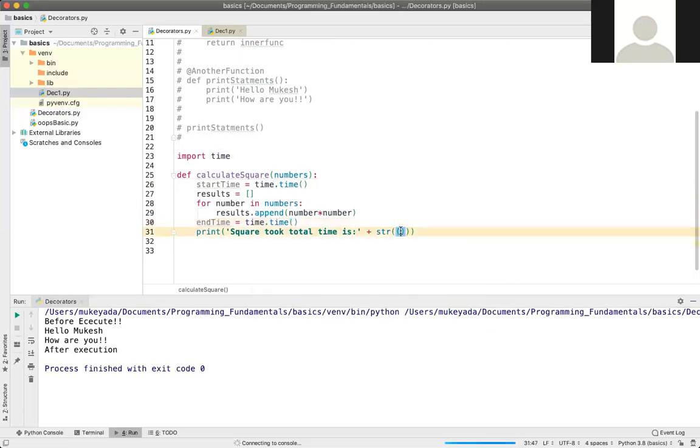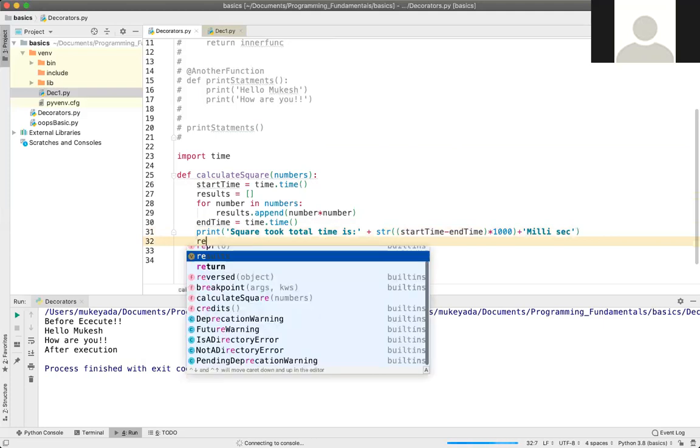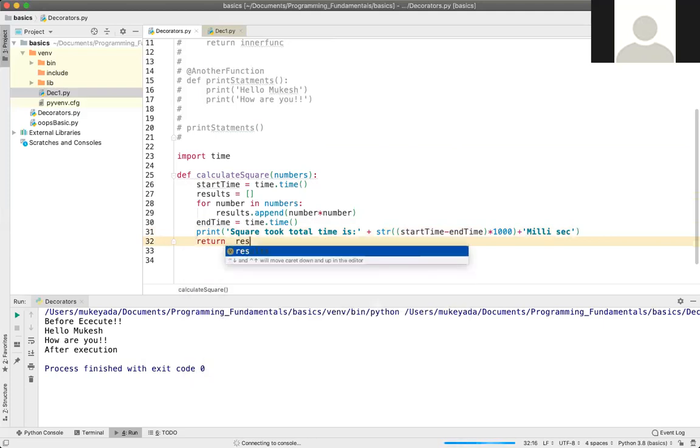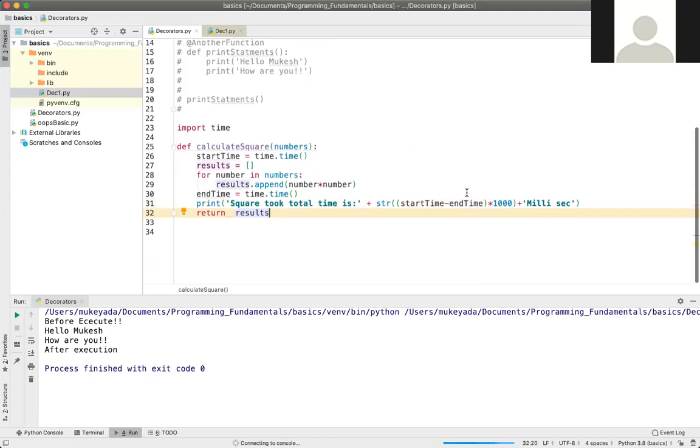So here it is end time minus start time, into 1000 to convert into milliseconds. Then let me write it as millisec. Then I'll return results. This is the one method.